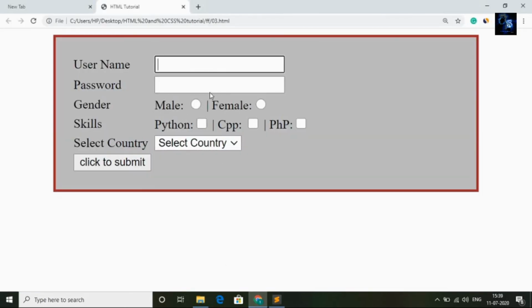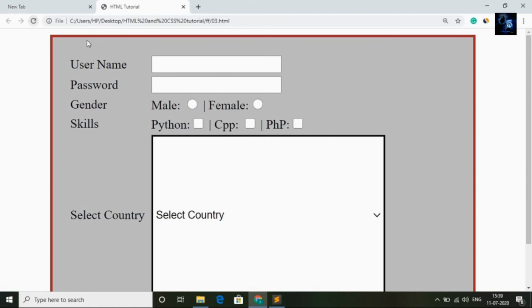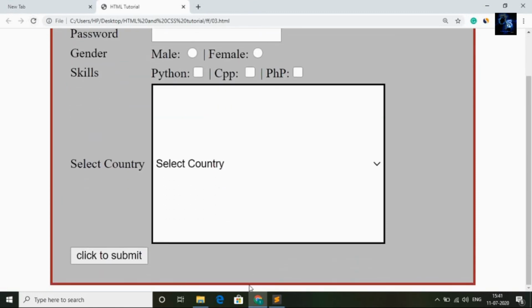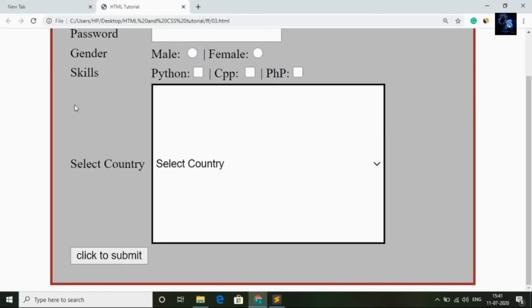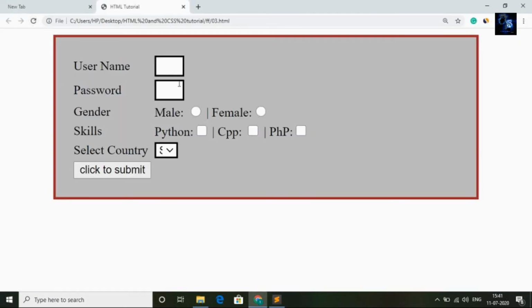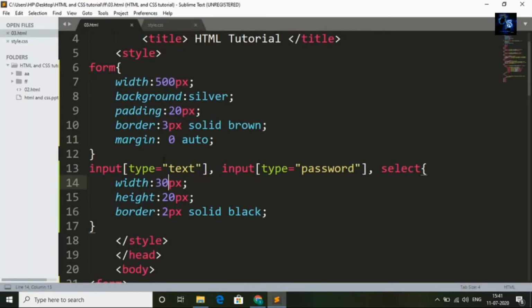Here you can see some style will come. I made a little bit of a mistake. I will go back to the text editor. Instead of 200 it should be 20 and 30. Now I will save this and go back to the browser. Yeah, this I need to increase a little bit. I will add width as 80.